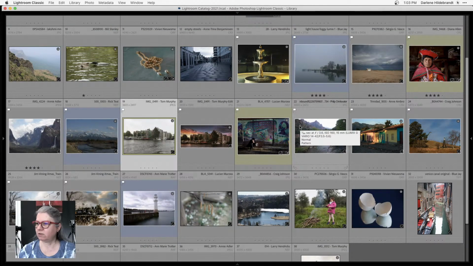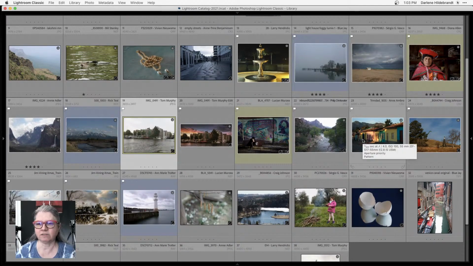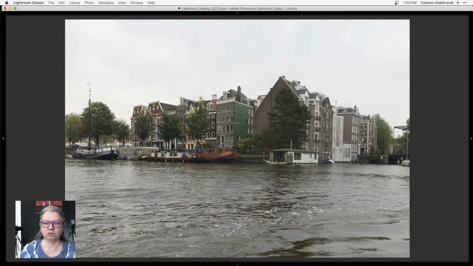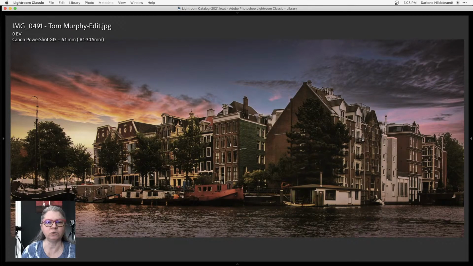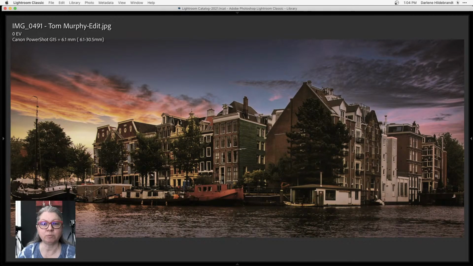There we go. Okay, so I wanted to show you just first of all quickly a before and after. I've worked on a couple of images already just to kind of give you an inspiration. So this is one that was submitted by Tom Murphy, and I'm going to show you how to make this with this image. Right, so this was the original image. I did some editing in Lightroom, and then I pulled it over into Luminar and did a sky replacement and a few other color style things. Right, so that's just one example of what we're going to be working on today.